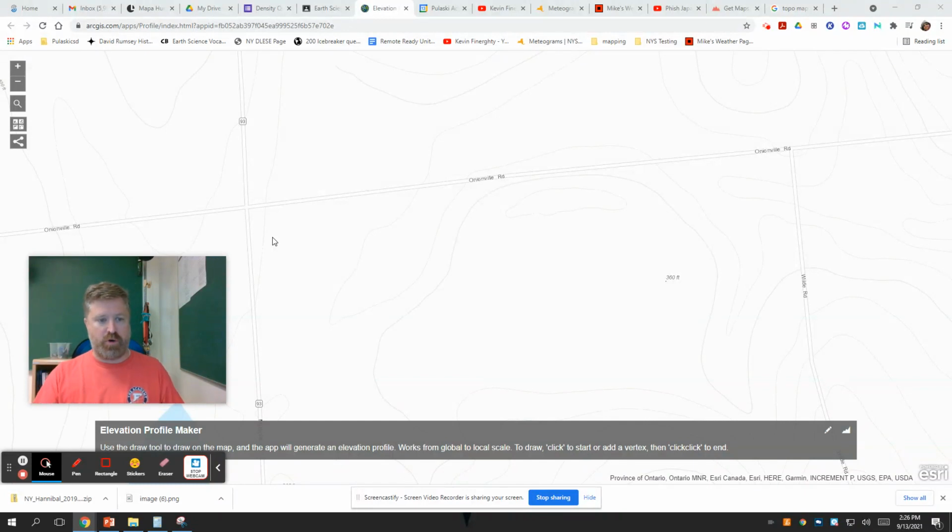What is a profile? For you to do a profile view of me in art class, I'd have to turn sideways to the camera and you draw that side view, like what you see on a quarter, maybe? The side view of the president's face. What does the side view of this hill look like? This map gives us some idea if you can read topographic maps, but what this kind of cool website does, if I start a line here,